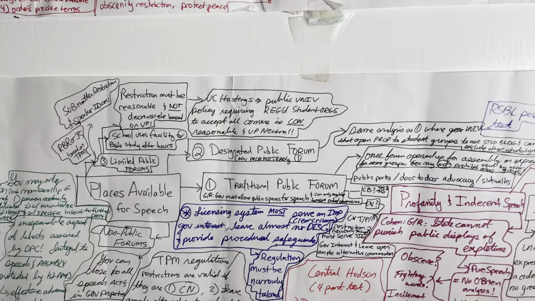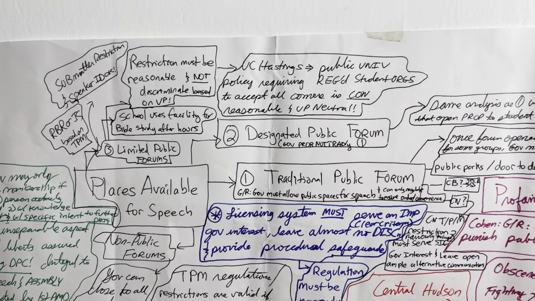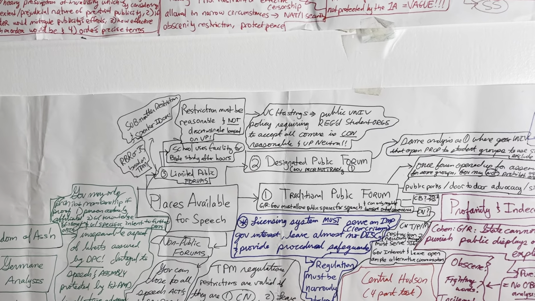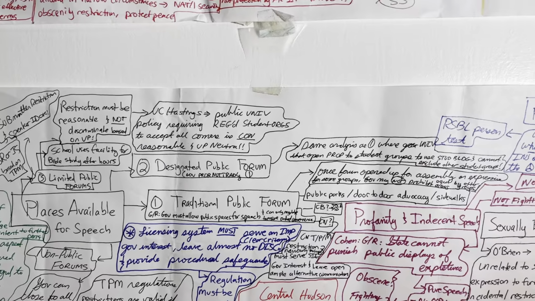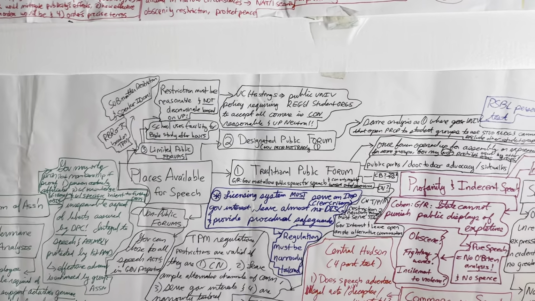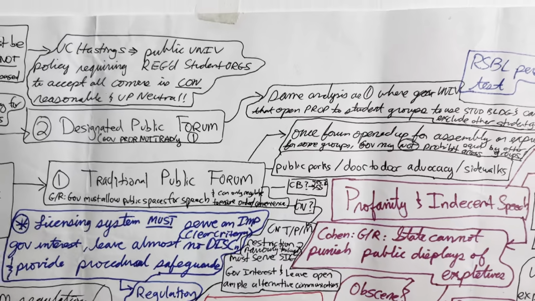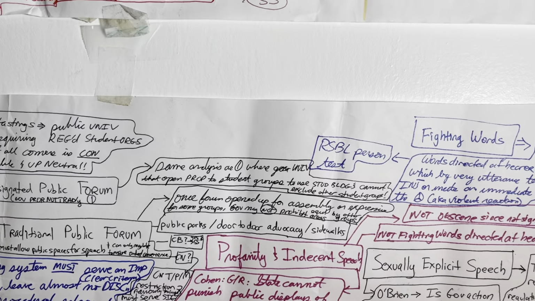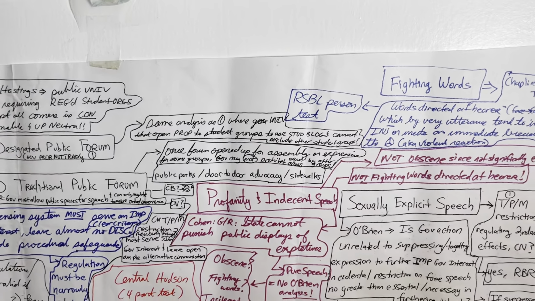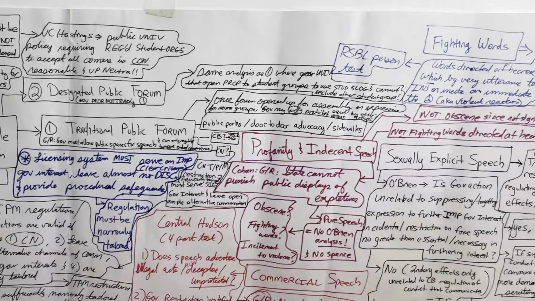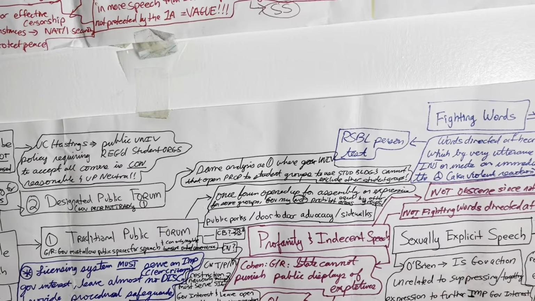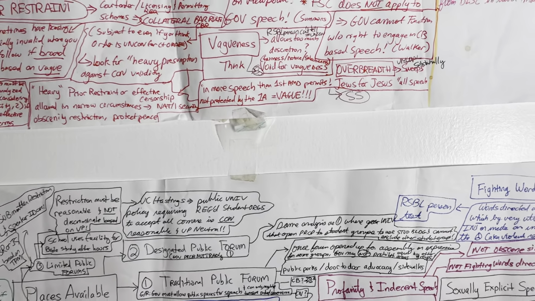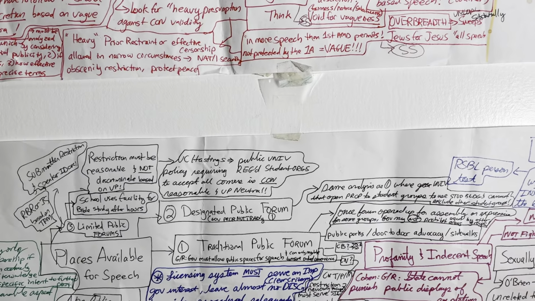The second forum, designated public forums. Government property that is not traditionally a public forum, for example. A designated public forum might be subject to the same analysis as the traditional public forum, such as universities that open property to student groups, open student buildings to certain groups, and cannot exclude other student groups. However, they're not really open to the public, they're open to students, for example. So public colleges, University of Hawaii, University of California, Berkeley, can actually decide whether or not to open buildings only to students. Those are designated public forums.